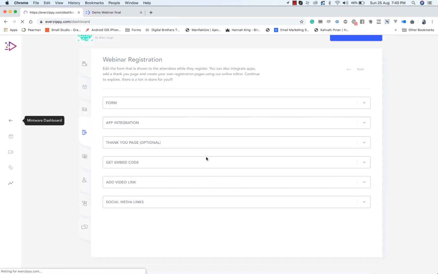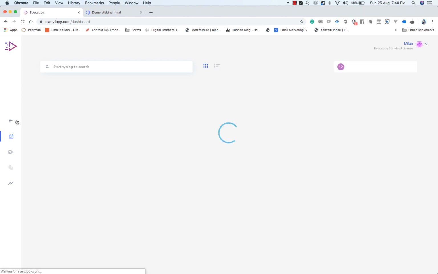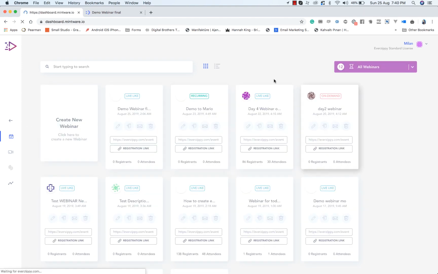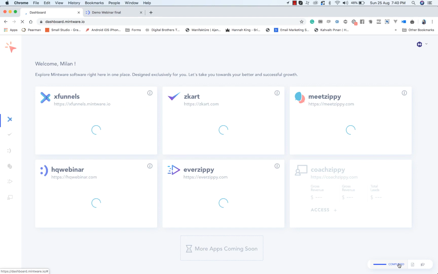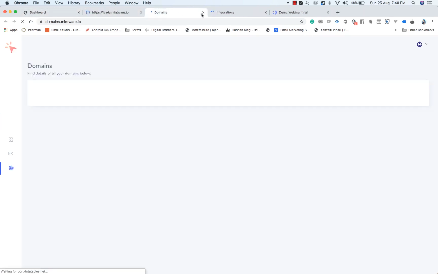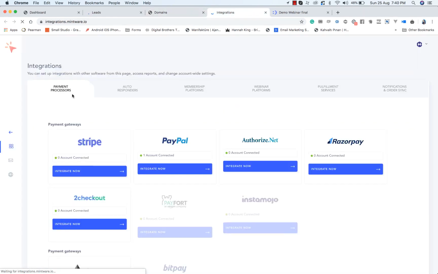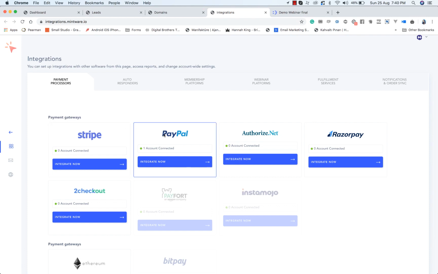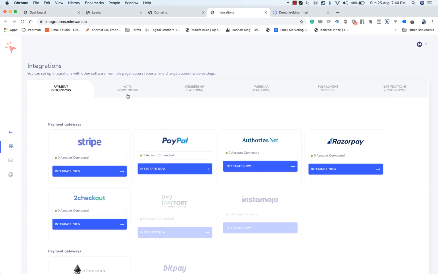Or if you wanna use some kind of app integrations or domain integrations, we have centralized app integration, centralized domain integration, and centralized lead options. You can see the integration options available here. You can connect your Stripe, PayPal, all these payment gateways.